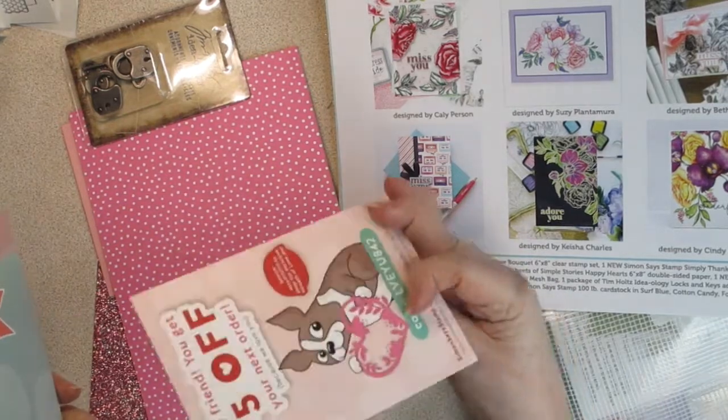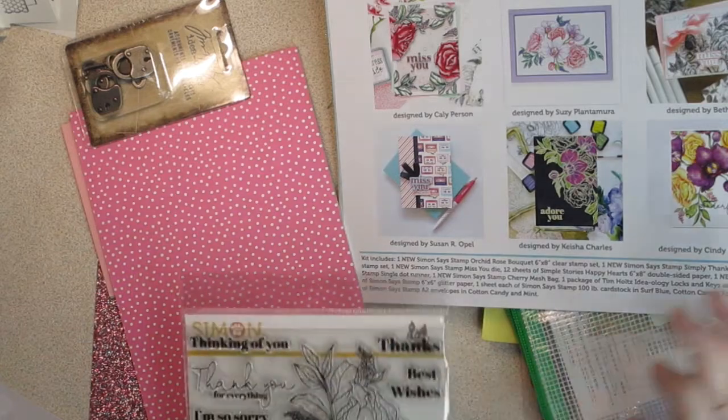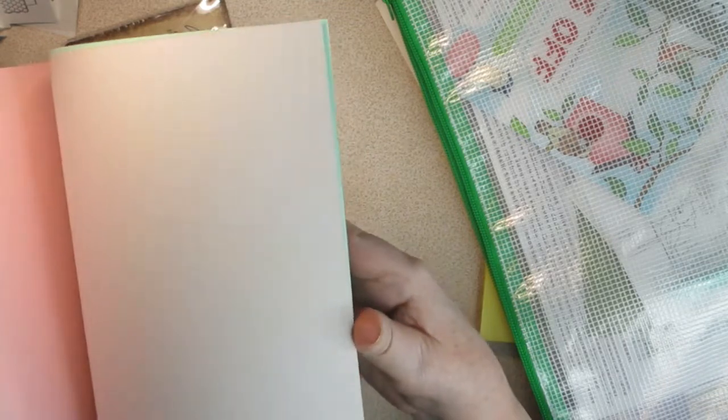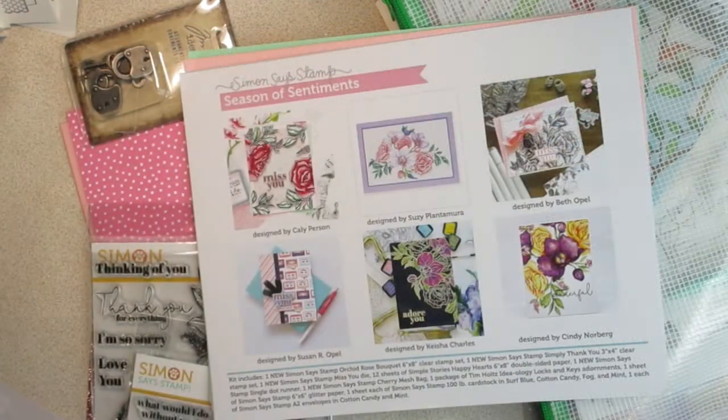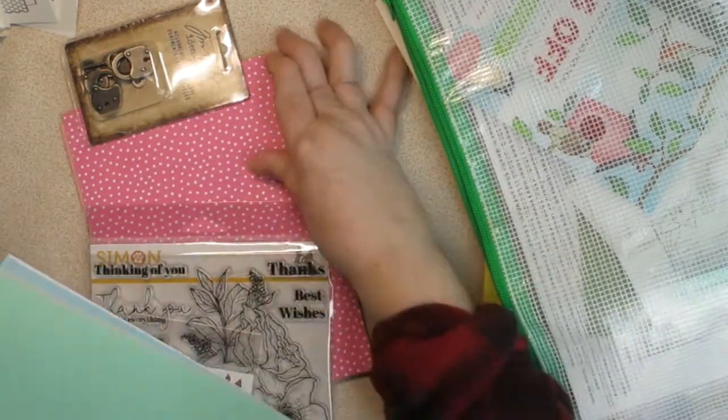And then they always give you $5 off, but their shipping is like $8. So it's like, I don't know. They give you ideas, which I think is nice. Then they give you cardstock in these colors. So you get full sheets of cardstock. Then they also give you